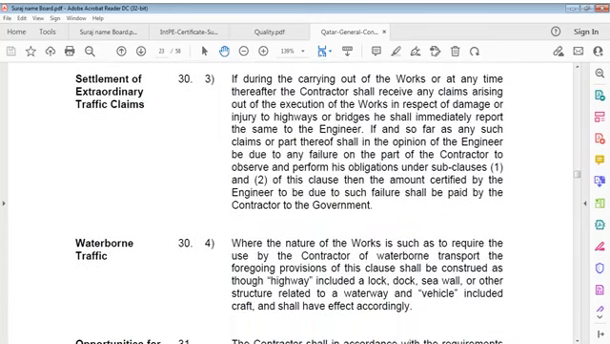Settlement of extraordinary traffic claims. If during carrying out of works or at whatever time thereafter the contractor receives certain claims arising out of execution of works in respect of damage or injury to highways and